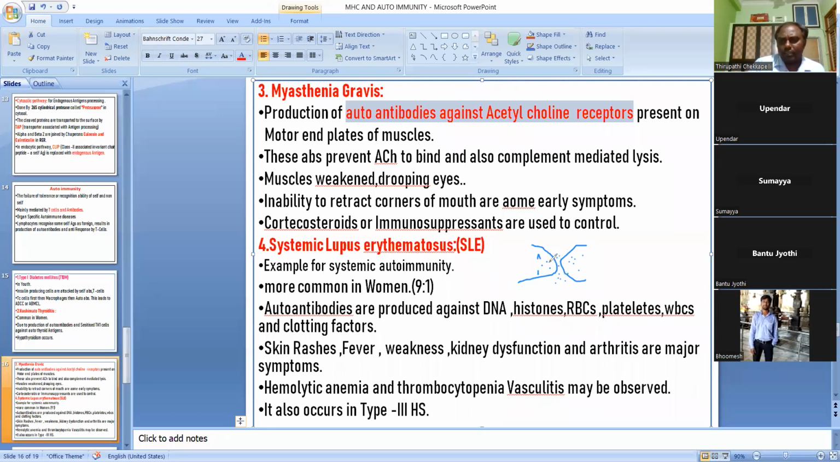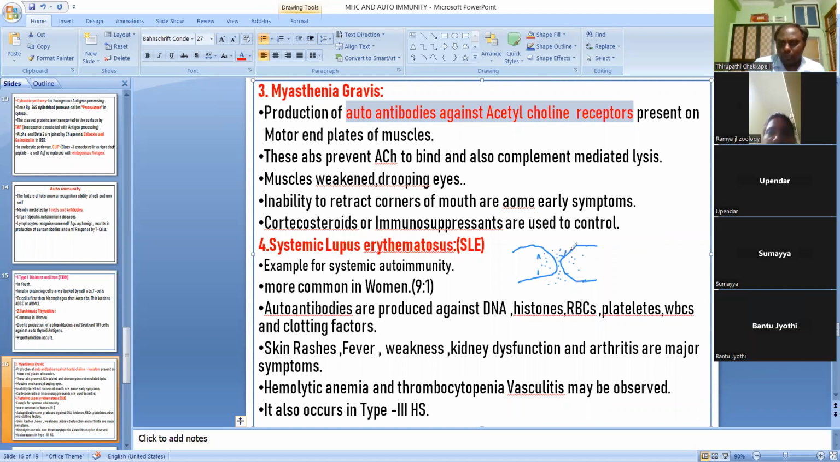This acetylcholine is released into this synaptic cleft. This is called the synaptic cleft. This is the presynaptic nerve. This is the postsynaptic nerve. Or this is one neuron, this is another neuron. So this is the place where they meet. Here in this area acetylcholine is released. So what does it do? Here on the postsynaptic neuron,